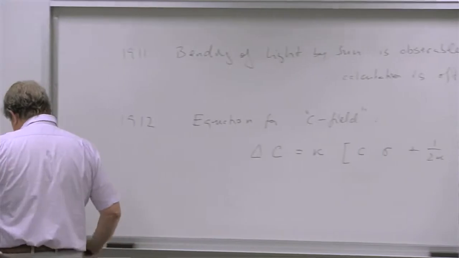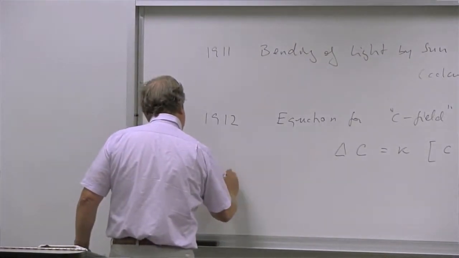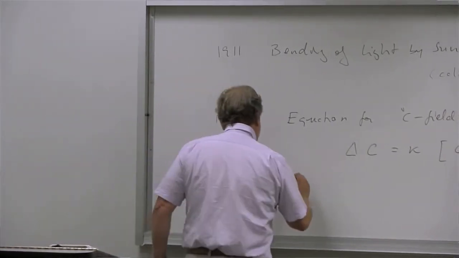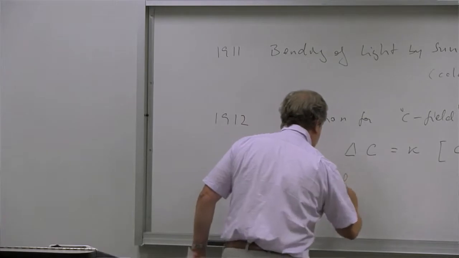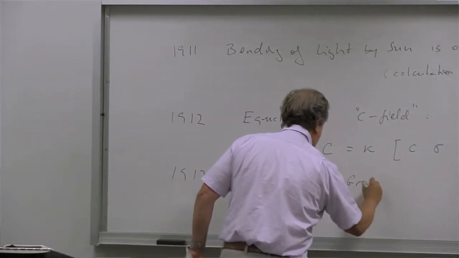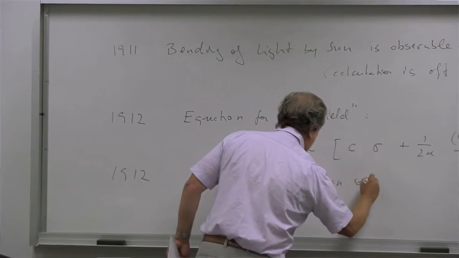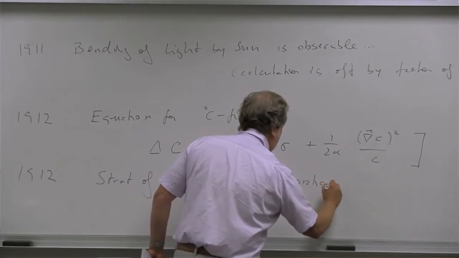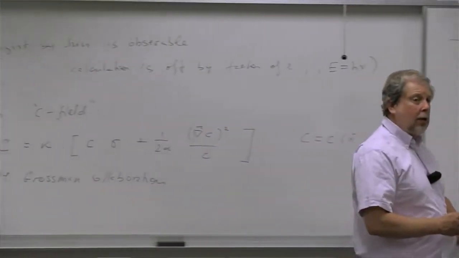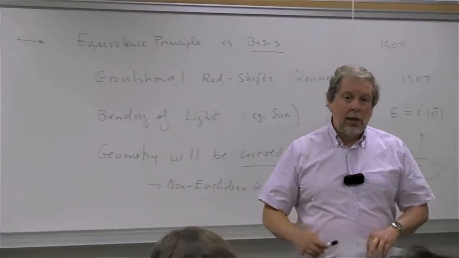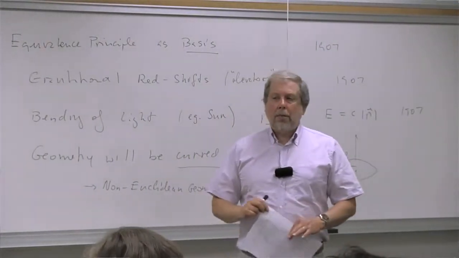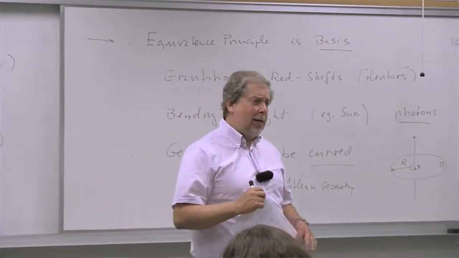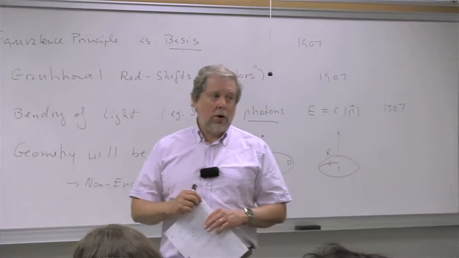And at about the same time, in August 1912, there is a start of the Marcel Grossmann collaboration. So who was Marcel Grossmann? Well, Marcel Grossmann was one of his friends from when he was a student, except Marcel Grossmann was a mathematics student. So he studied mathematics, and part of mathematics at that time was to learn a little bit about the